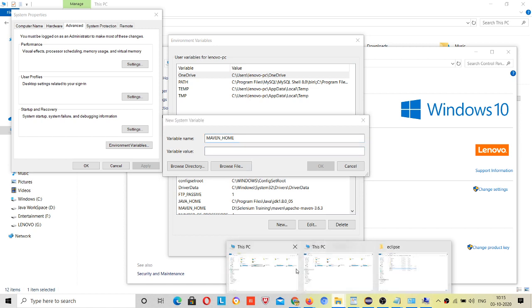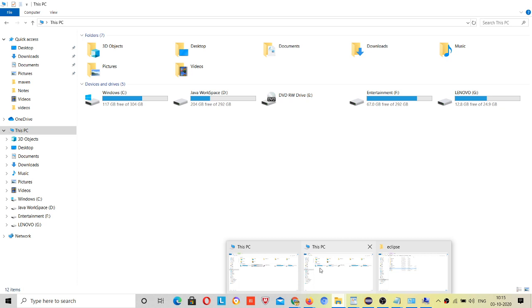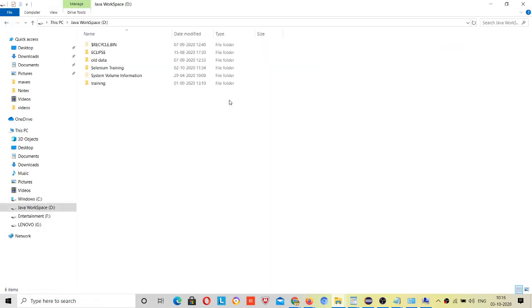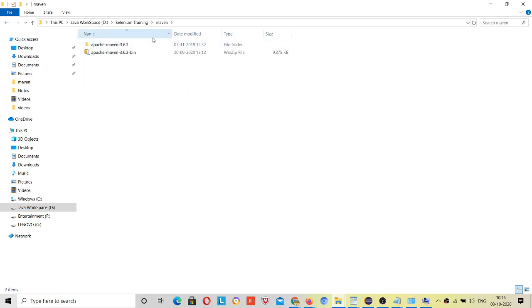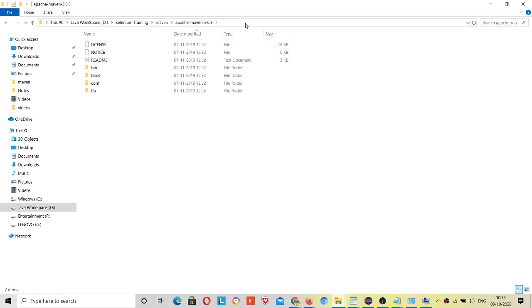Come here, inside your home, maven, and after extraction I have clicked on this. Till here this is your home. You can see all folders like bin, boot, conf, lib, readme, notice, license.